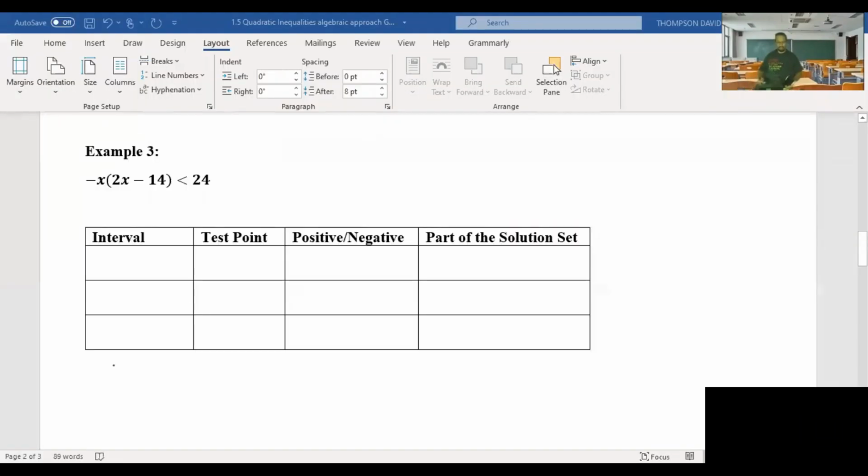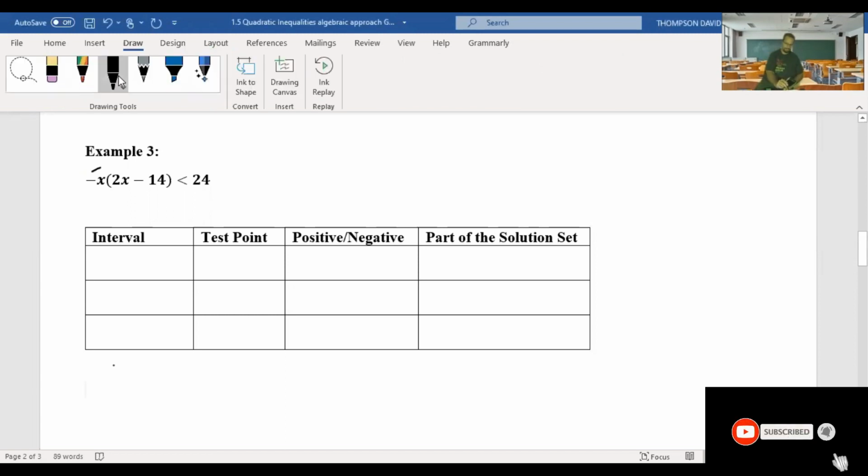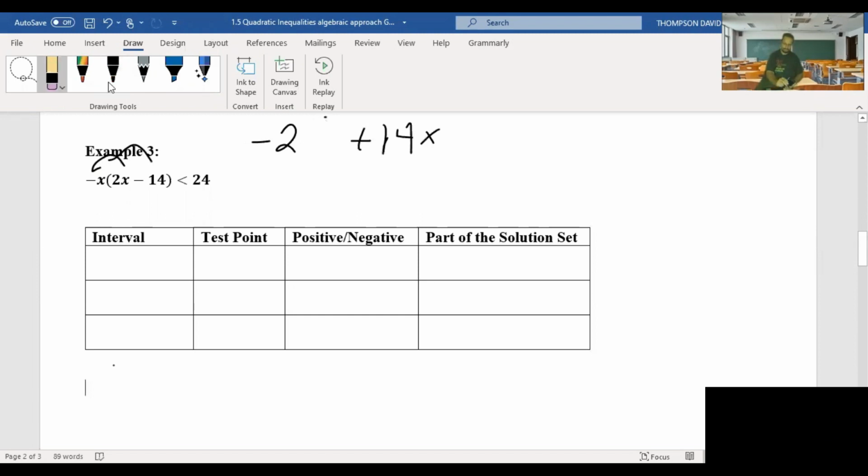Example 3. We have negative x times 2x minus 4 quantity minus 24. So first thing we're going to do is distribute in this negative x. It'll give me negative 2x squared plus 14x is less than 24. Next step, we're going to subtract 24 on both sides